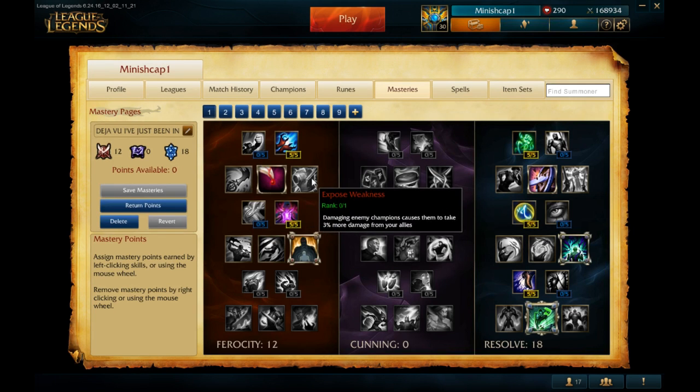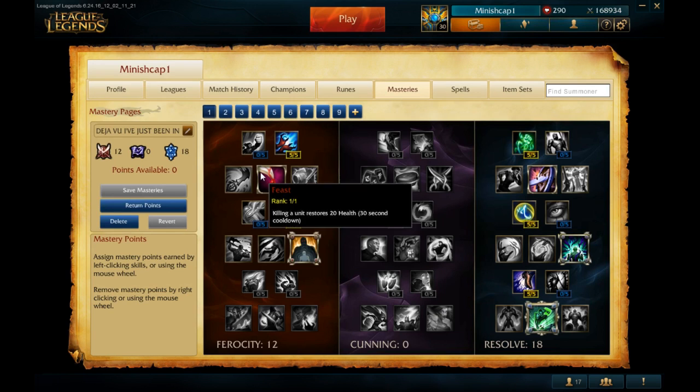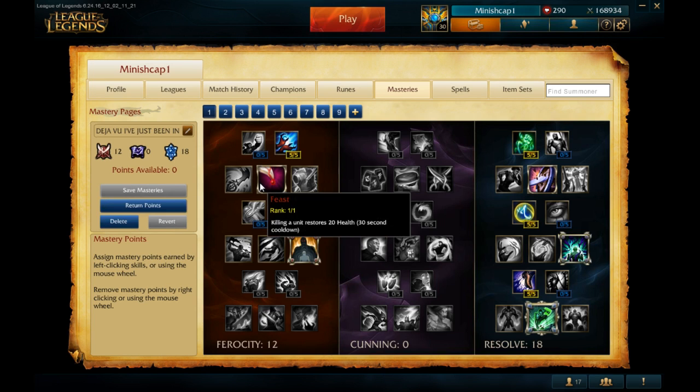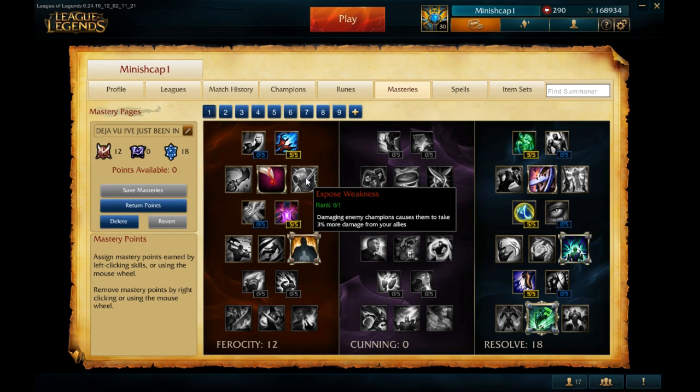You can take Exposed Weakness. This Exposed Weakness mastery is good if you're versus a very easy lane where you don't need sustain. Sorry, I was thinking about the older Presser mastery. This mastery is still very good in the same situation. You take Exposed Weakness when you are versus a very easy lane like a Malphite, where you're not going to get harassed that much and you don't need the sustain from Feast. And basically with Singed, you can easily spread your poison trail over 5 people and make each of those people take 3% more damage from your allies,